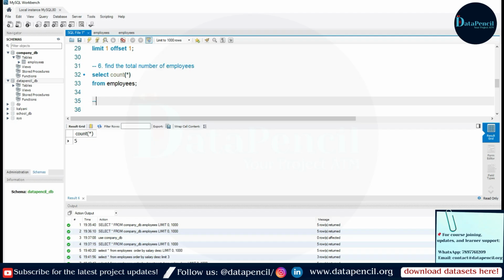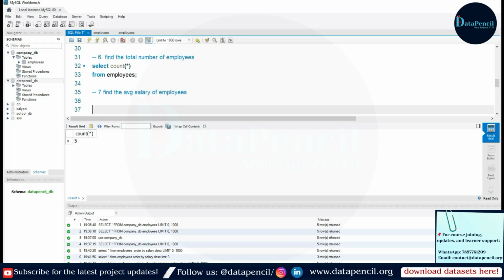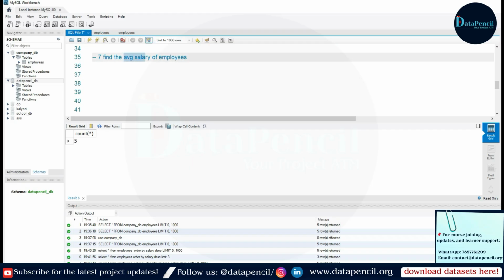Okay. Now your manager is saying find the average salary of employees. How can you find the average salary? It means your manager wants to see only the salary column.